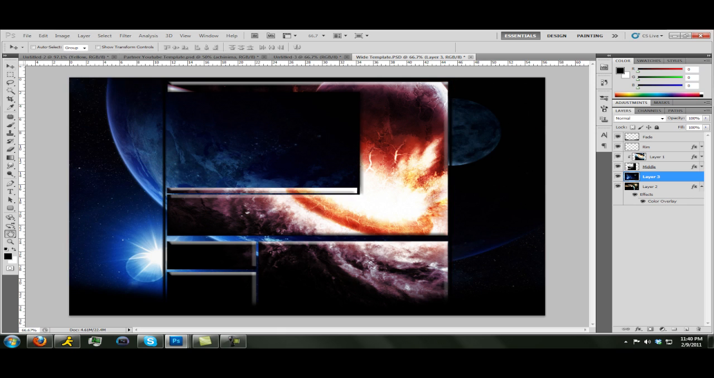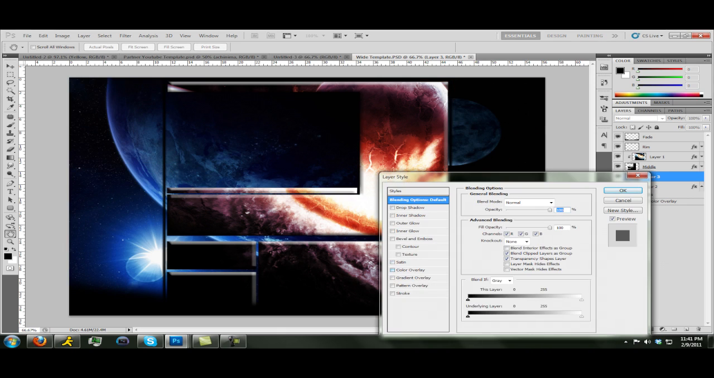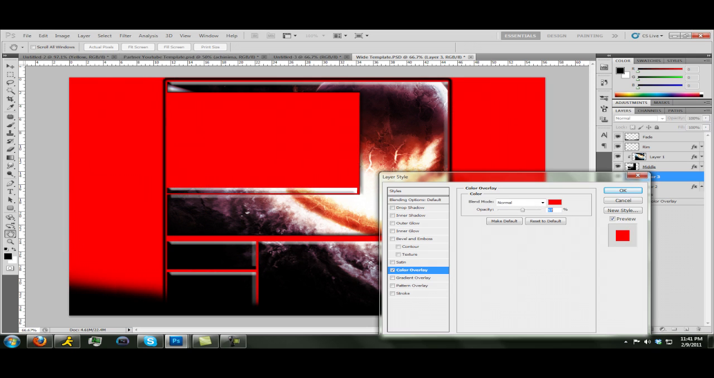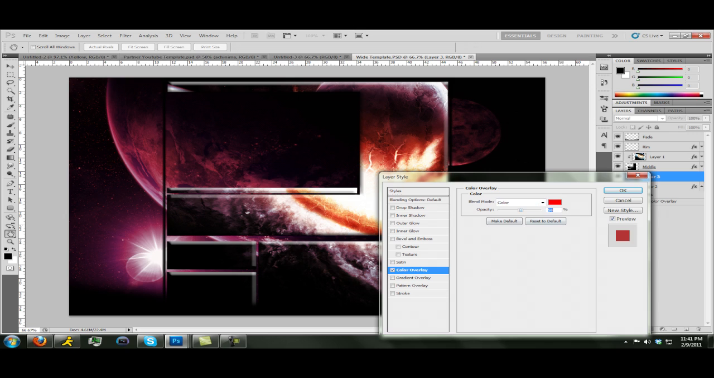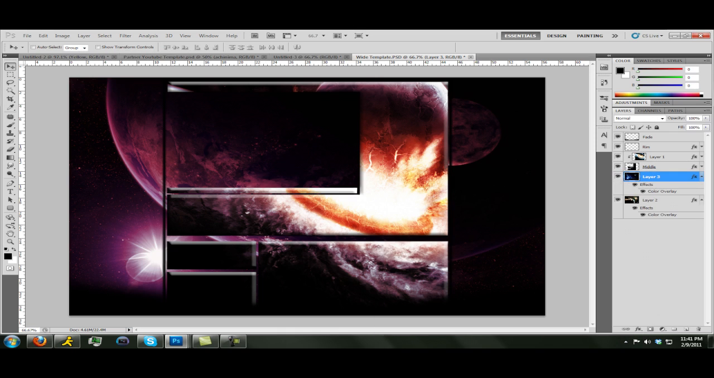So right now we're going to change the color to a reddish color, turn the opacity down a little bit, change the blend mode to color, and then after we have that, so it has a little bit of color besides red to it, about right there looks good. And then after we have that,